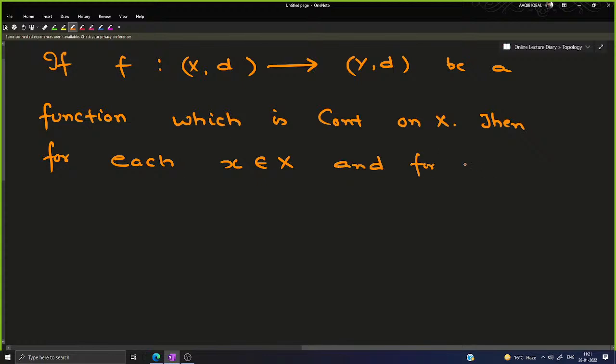for each epsilon positive, you आप कह रहे हैं यहाँ पर कि it is continuous on the whole space, so that means it must be continuous at each point of the space. अब यहाँ मैं क्या कर रहा हूँ, I'm taking a little x in capital X. Since f is continuous on capital X, it must be continuous at this little x also. So therefore by the epsilon delta definition, for every epsilon there will be a delta.